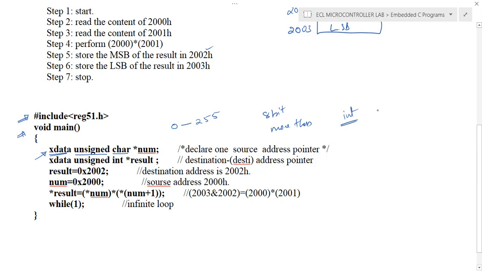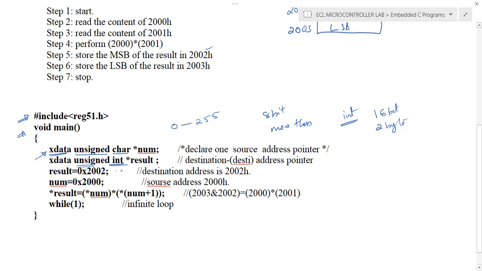By using int, you can store a 16-bit value, or you can say 2 bytes of information. So we'll declare the result using the 2-byte data type int, and we'll also indicate unsigned because we are using unsigned numbers here. And the result will be stored in 2002 and 2003.